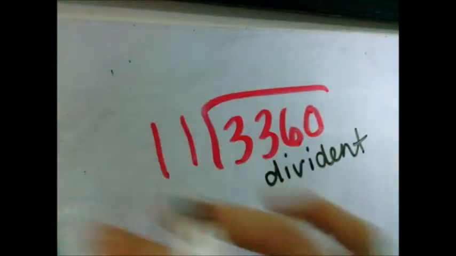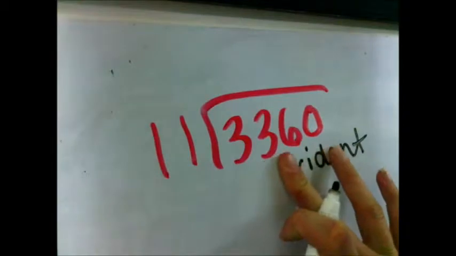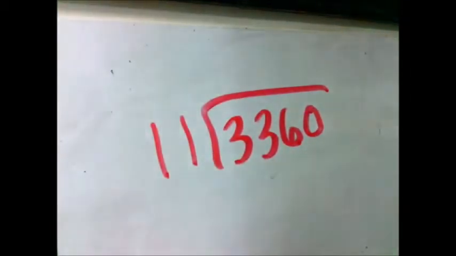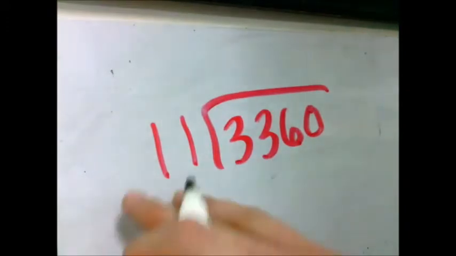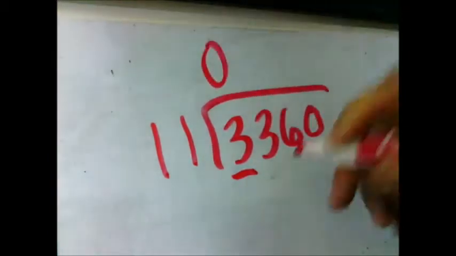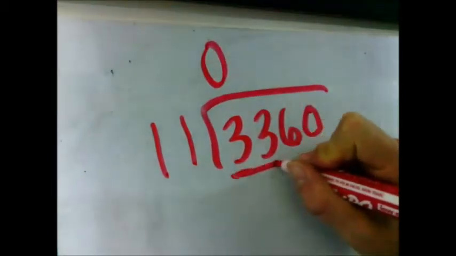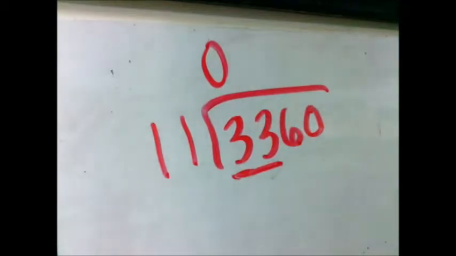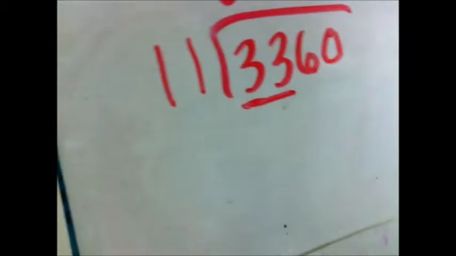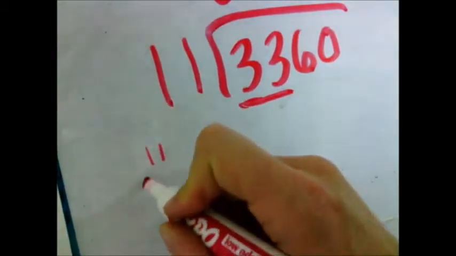Okay, so when you have a 2-digit divisor, like 11, you may not know all of the times tables. So you might over here have to do some multiplication to see what numbers will work. So the first thing we do is, can 11 go into the number 3? We know it cannot, so you can leave this blank, or you can put a 0. So we need to go over, can 11 go into 33? 11 can go into 33, and if you don't know how many times, over here you have to do maybe